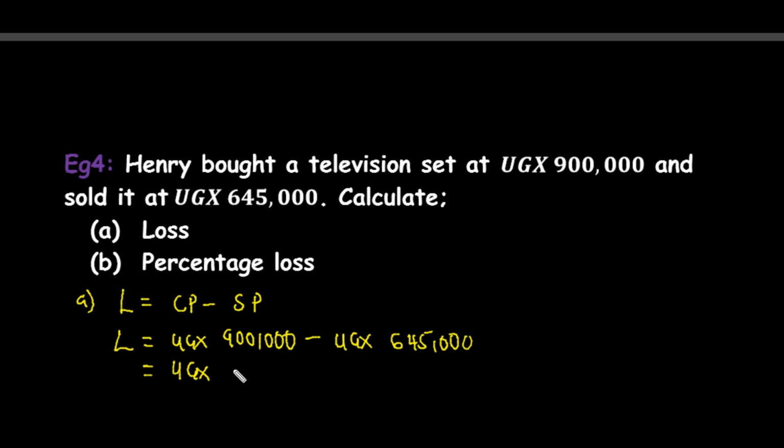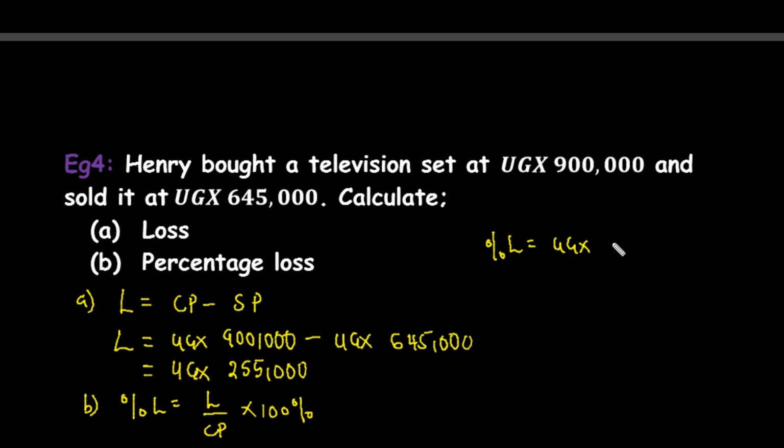The loss is 255 what? Thousand Ugandan shillings. Part B, they want us to calculate the percentage loss. Remember I said that percentage loss is equal to loss out of the cost price times 100 what? Percent. And percentage loss is equal to, our loss was